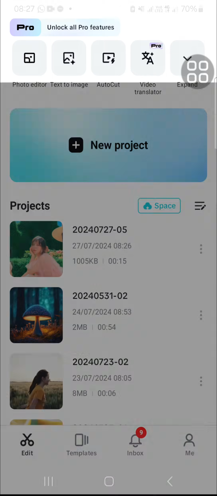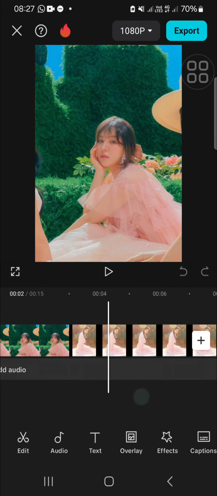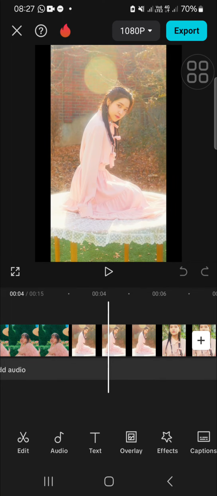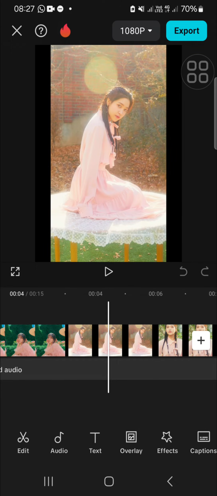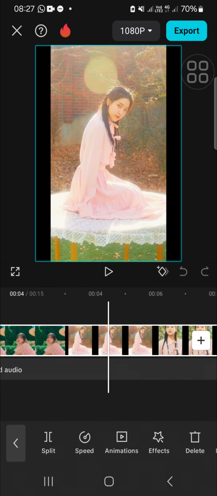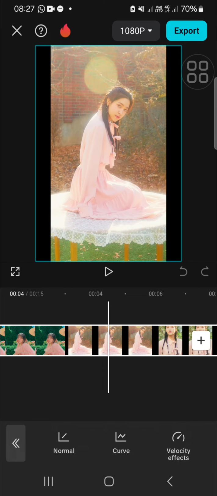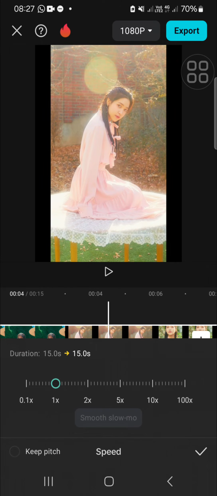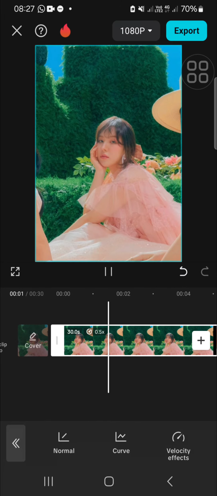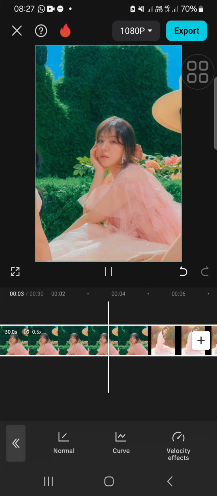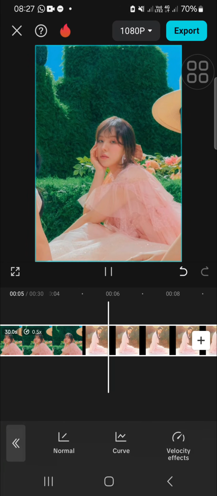We can import it to the CapCut project, and if you want to change the duration or the length of each photo, you can change the speed. So you need to click on the photo and click on the speed option and select normal. And for example, I'm going to make the length longer or the duration longer, so I'm going to decrease the speed. Okay, and as you can see that the duration or the length of each photo has been changed